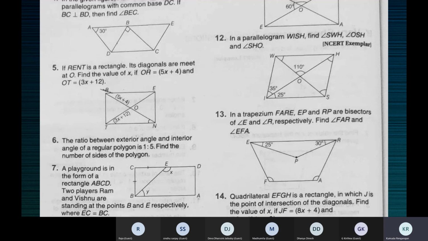There is no linear pair formed here. 35, 25, and S don't form a linear pair. Ma'am, adjacent angles. So you're saying half of it. What is marked here is not half of this full angle, because you cannot assume that, it's not given, and that property is not applicable to a parallelogram. Supposing this whole angle is 110 degrees, it will not be 55 and 55 here. The diagonal does not bisect the angles.